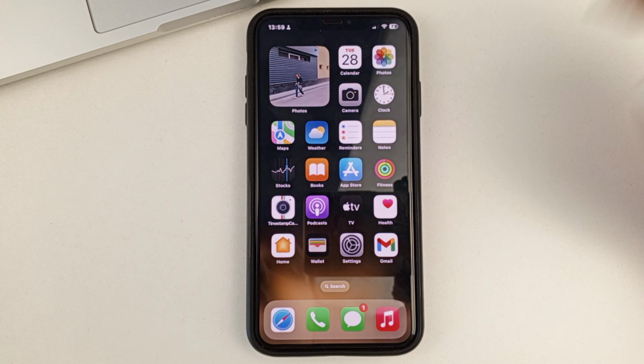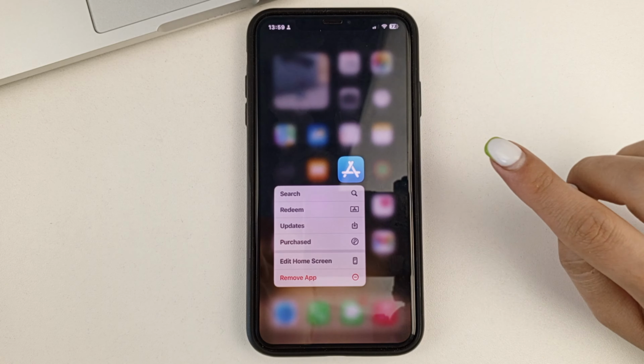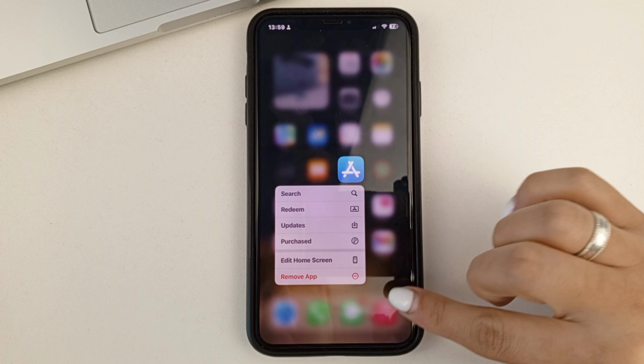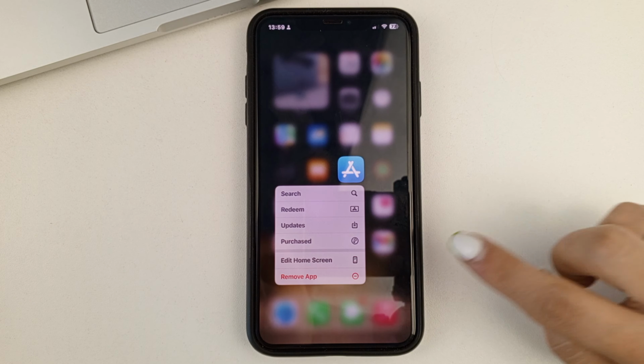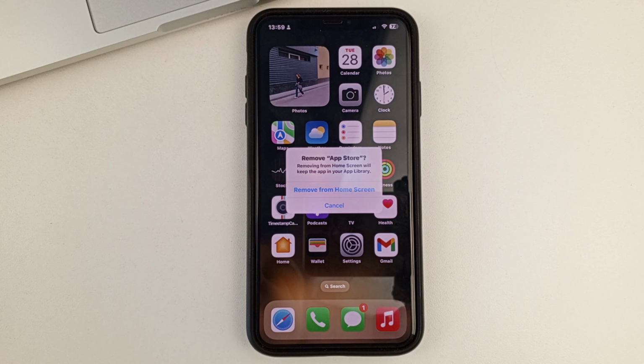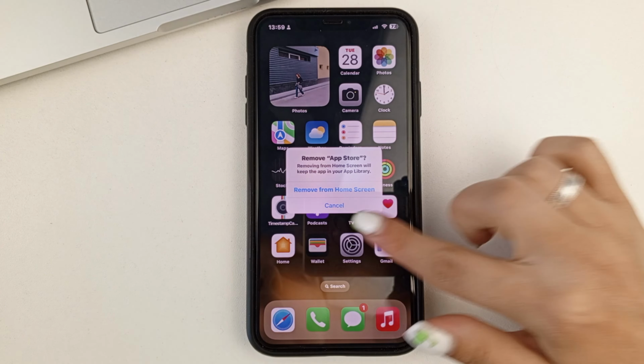As you can see, I have this program on my desktop on my iPhone. And let's say if I wanted to uninstall it, there's a delete function here. I would click on it. And the only thing you can do is remove this application from the home screen. That is, from this entire menu of all the programs, settings, and so on. It is impossible to remove the App Store completely from the phone.